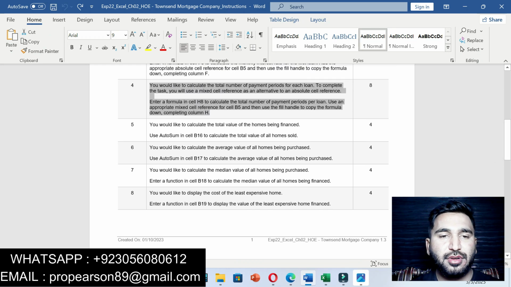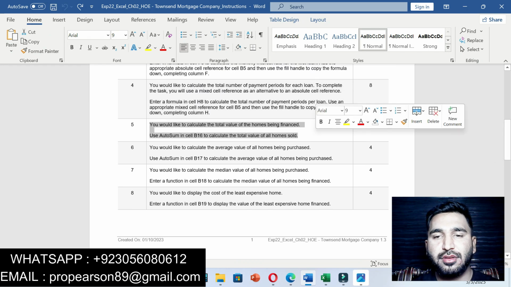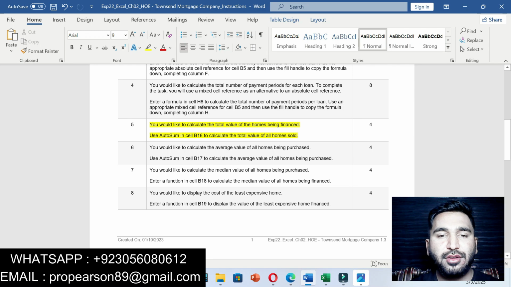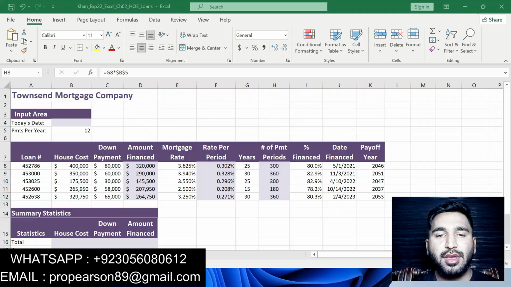Now moving on to question number 5. You would like to calculate the total value of homes being financed. Use AutoSum in cell B16 to calculate the total value of homes sold. Basically in this question we will use the AutoSum function in cell B16 to calculate the total value of all homes. Moving to the Excel workbook,